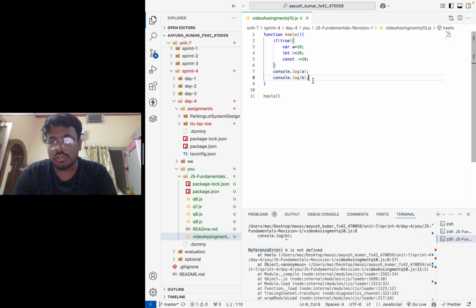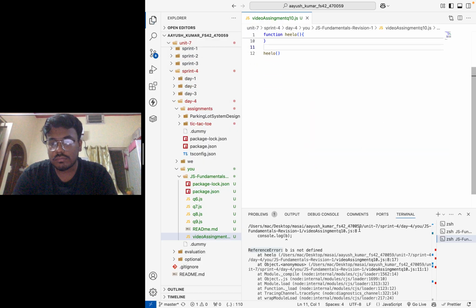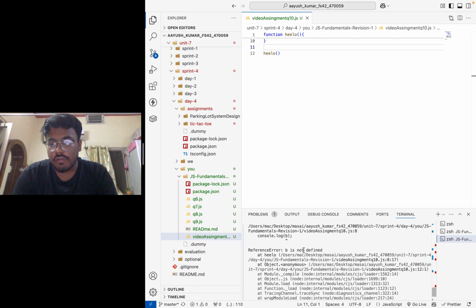Same with const also. See, c is not defined, reference error.